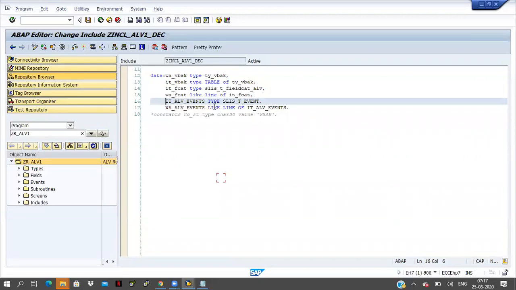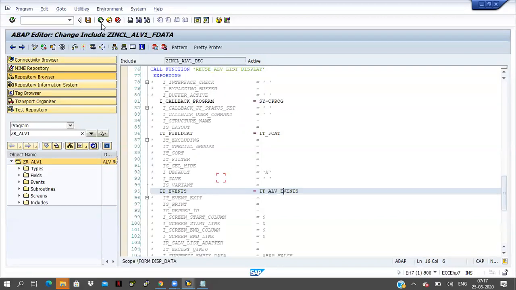I don't know the work area structure exactly, so by using this internal table name I am declaring the work area, as a line of this internal table. Now the work area is declared, and I have passed the internal table name to the function module also.